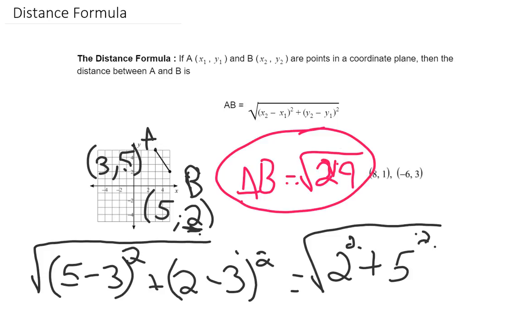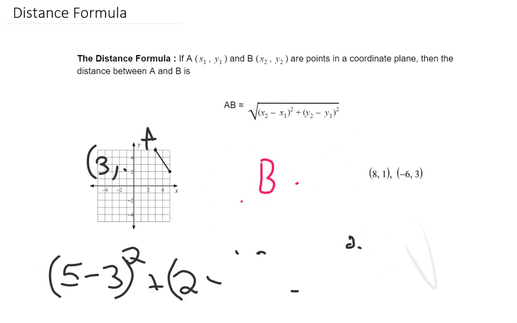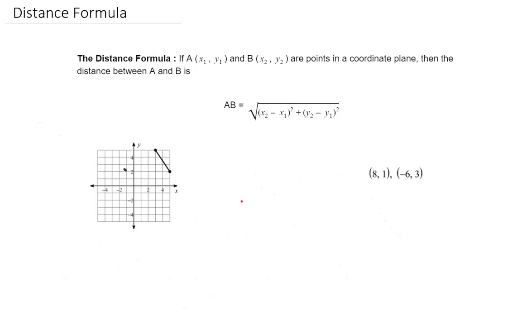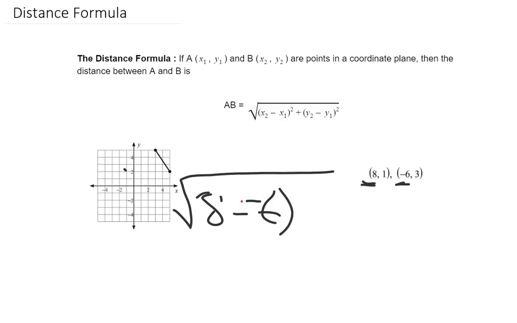Now, we're not always going to be given a graph. Sometimes we're just given the 2 points. And it says, hey, find the distance between these two. That's fine. We can do that. Again, we take our x's, which is my 8 and my negative 6, and we're going to subtract. 8 minus negative 6. Be careful with our signs there. 8 minus negative 6. Plus my y's, which would be 1 minus 3, squared,